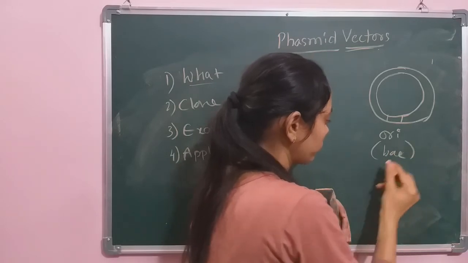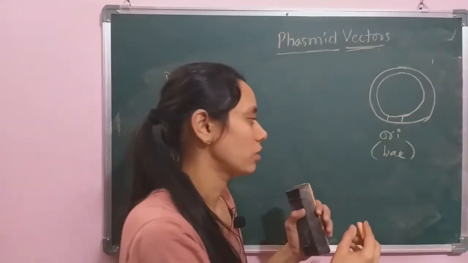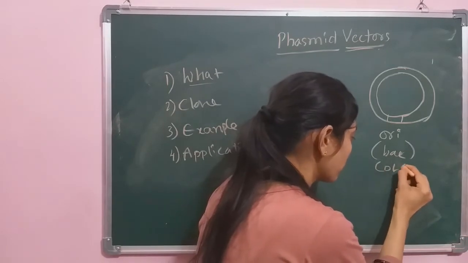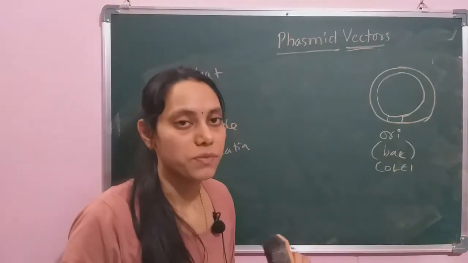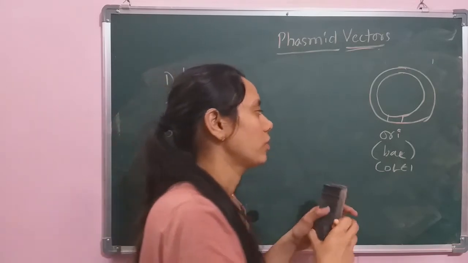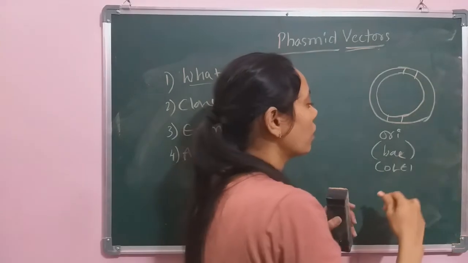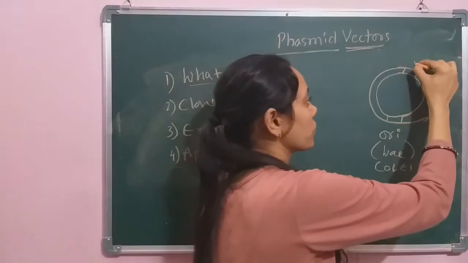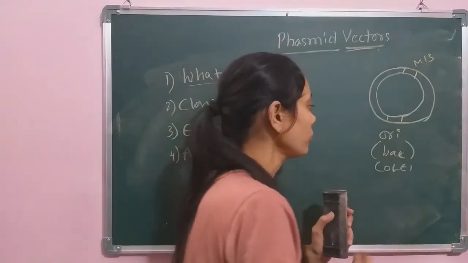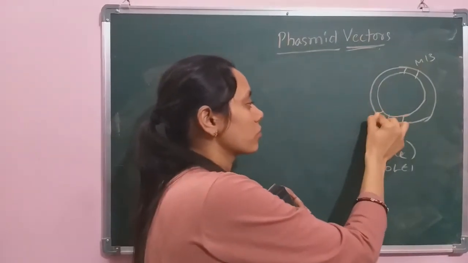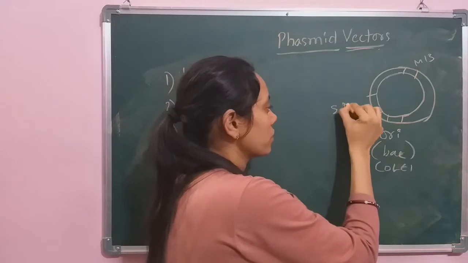Generally, the choice of bacterial origin is the ColE1 plasmid origin, which will be taken, and there will be another origin taken from the M13 phage, and the remaining plasmid portion will contain a selectable marker,